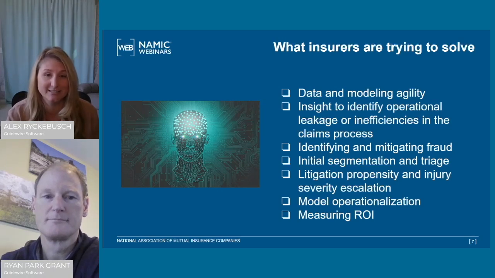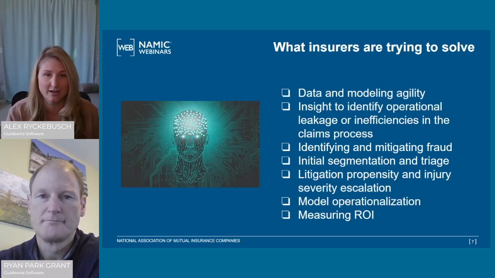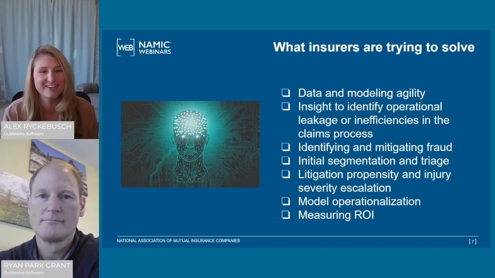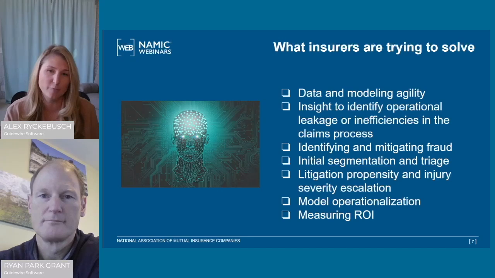The ability to identify and mitigate fraud. What we mostly hear folks are trying to solve is being able to spend time on the right claims without negatively impacting customer experience. From a litigation propensity, as well as the injury severity escalation, which we saw was a big area of interest from this group. It's again that proactivity versus responsiveness, and carriers being challenged with recognizing that speed is the key to these types of claims, and being able to have proactive management and the right reserving in place is something that's really crucial.